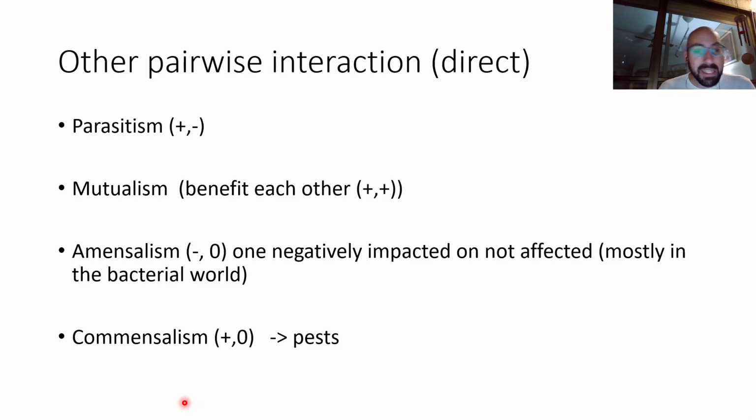And commensalism is the opposite. Essentially, one species gets something and the other one does not. We tend to refer to those as pests, where essentially they live in our environment, they might hurt us economically, but they're not hurting our energy. As a consequence, they are hurting our ability to make a living, but they're not necessarily going to kill us. They're not parasites or predators. But they definitely gain from the advantages of living near us because we provide them food.